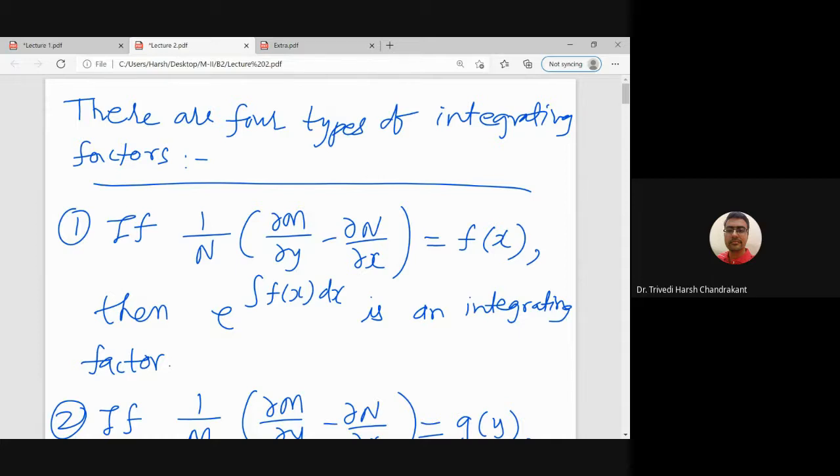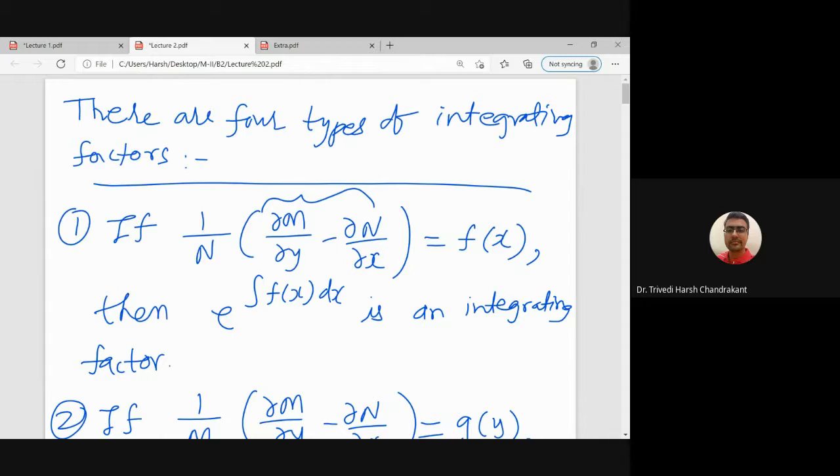One method which Dr. Patel mentioned was the separable variable method. Then we discussed the first order linear differential equation method. The next method is the exact differential equation. So whether the differential equation is exact or not. If it is exact, this part will be zero, right? So suppose the differential equation is not exact. So we have tried all these methods, linear differential equation, separable variable, exact, and all of them are not working.